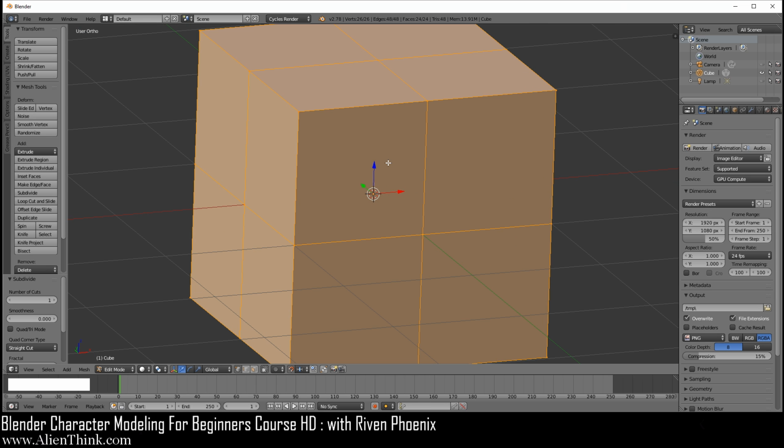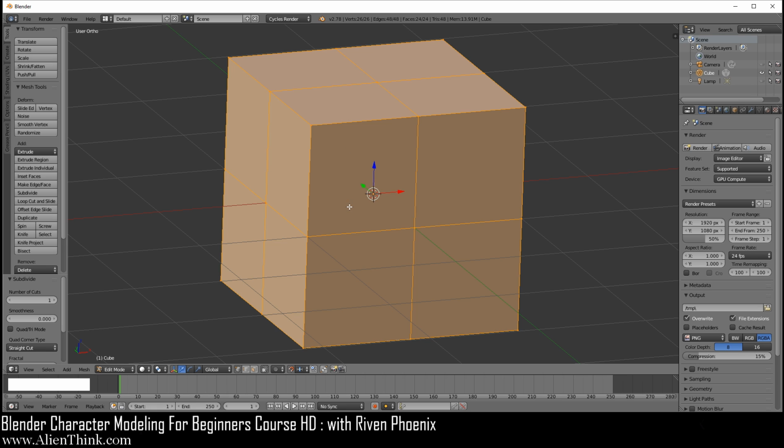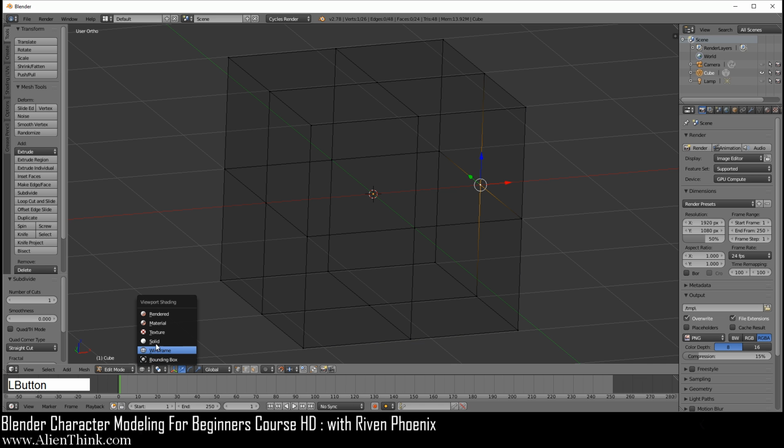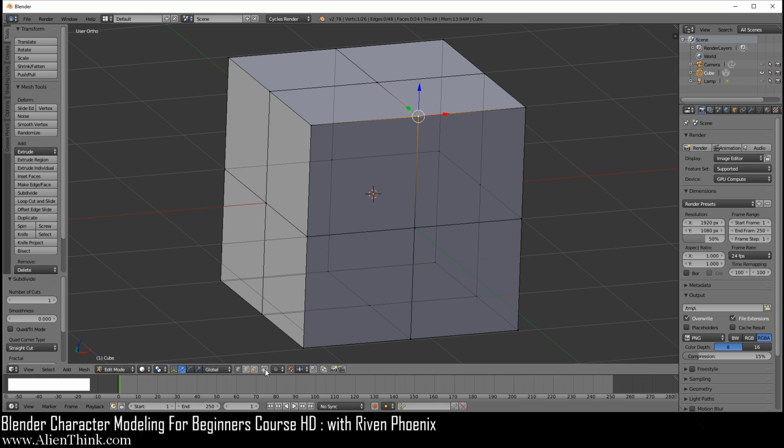Okay, so now you can see that we can see the vertices in the back. If I enable this option over here, now I can see the vertices over here. And if I right click this, I can click on this vertex. If I press the Z key, which is wireframe, which is the same thing as doing solid and wireframe over here, you can see that that option has disappeared because I can select any vertex since I can see through the object. But if I have this option enabled, I have to make sure that this is enabled like this. I'm bringing this up because we're going to be switching between these modes when we're building the figure.